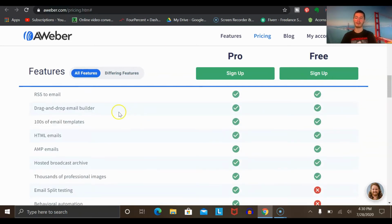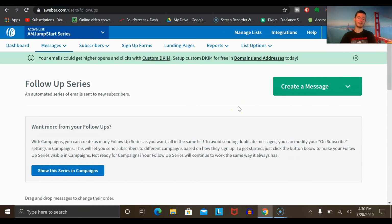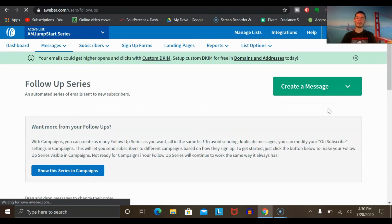They also have the drag and drop email builder. So with Aweber, it's very easy to start writing emails. It's set up to be very newbie friendly. You could set up an email and just give you an idea in terms of what that looks like. If I go under create a message and I click on drag and drop email builder, this will bring up